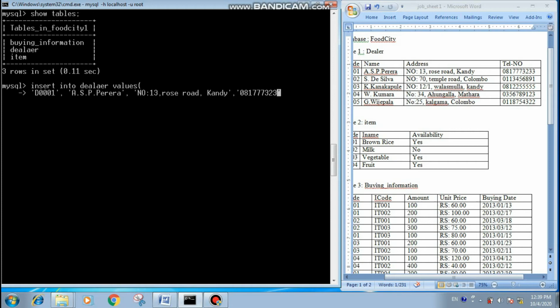Close the bracket, semicolon. You can see the query is OK. Now we can use the select star from table name command to display the data.